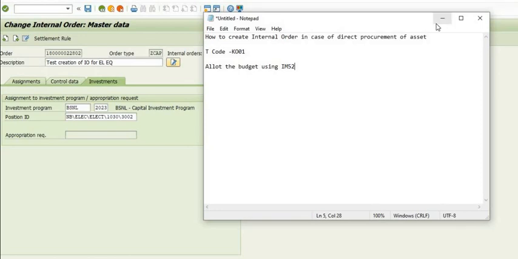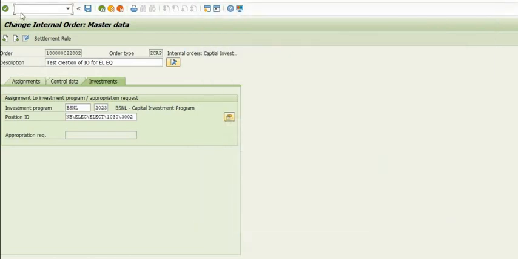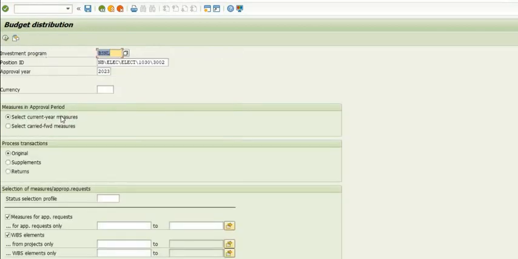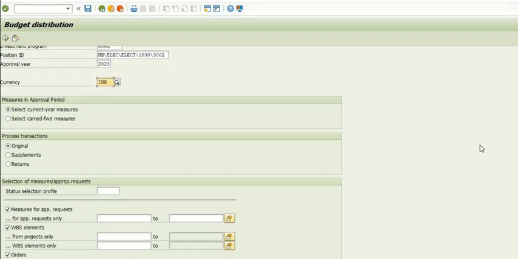Okay. And SAP transaction code IM52 is used for assigning the budget from an IM node to a WBS or from an IM node to an internal order. Enter the investment program, position ID, approval year, and currency,